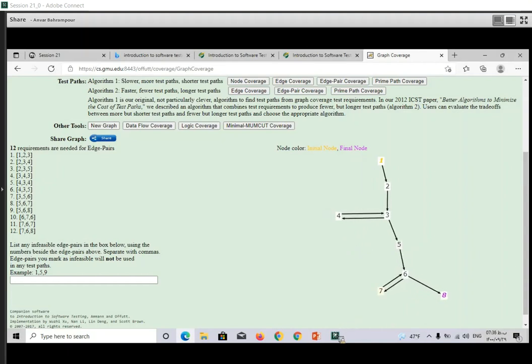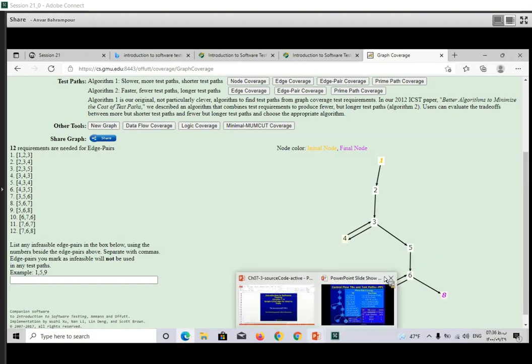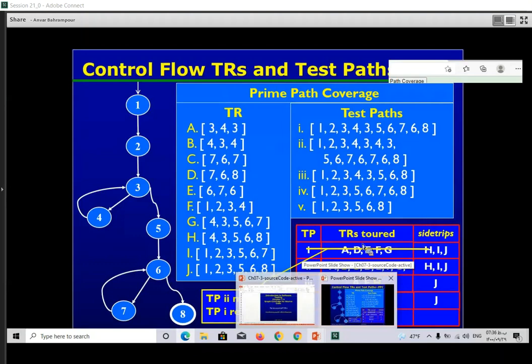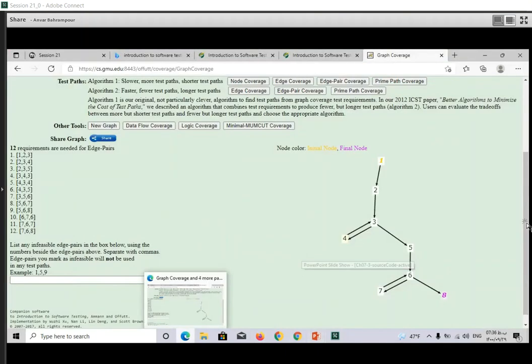This shape is the same as this control flow graph. Okay, this is similar to our control flow graph